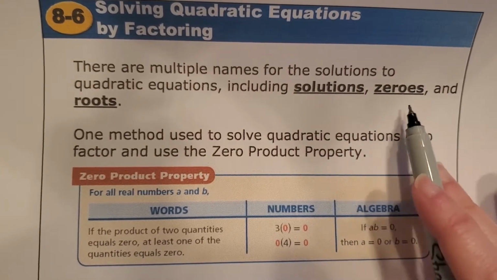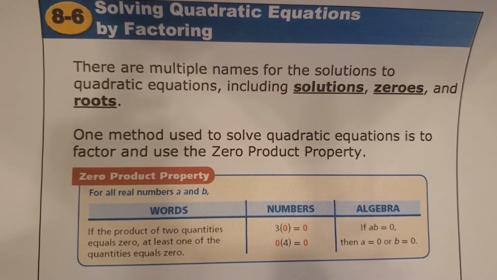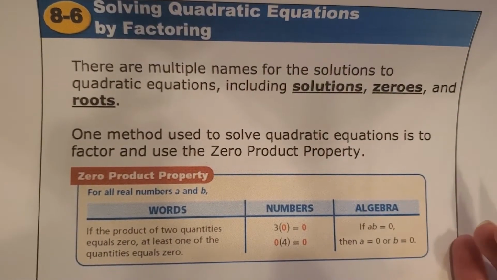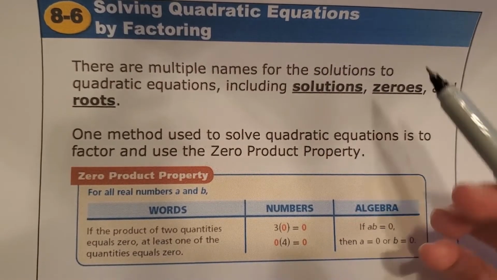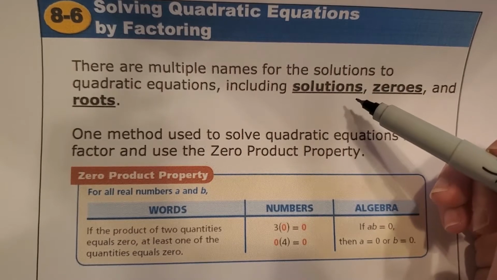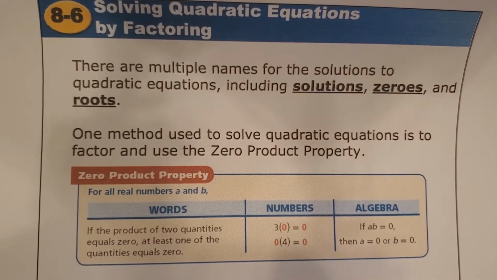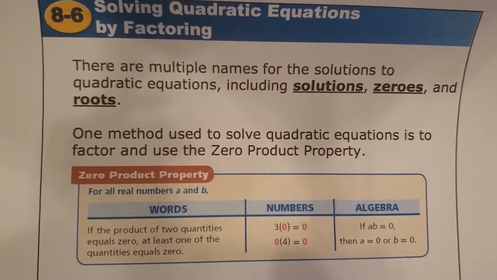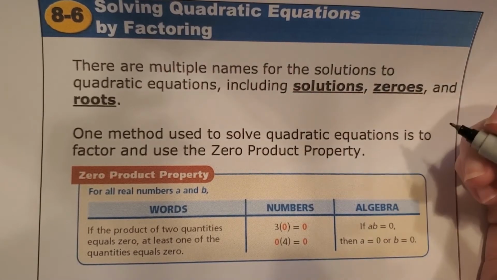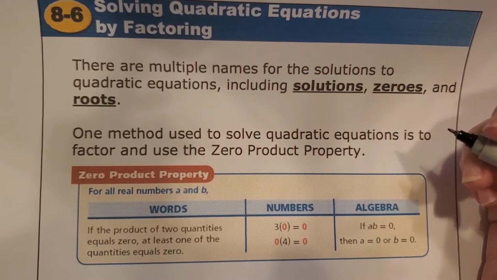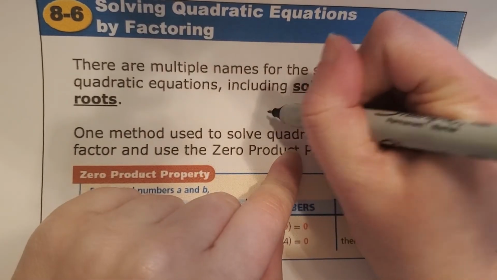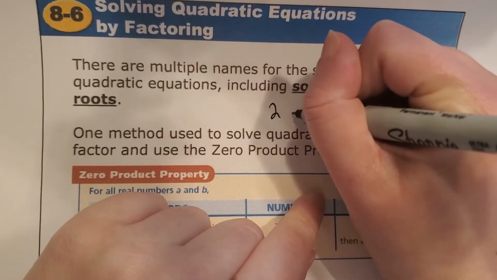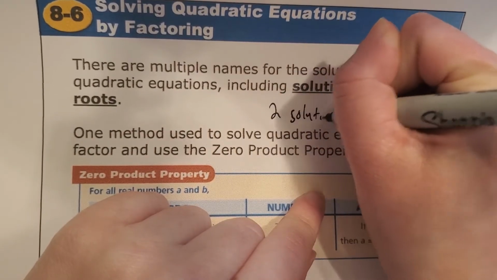All right, these other two are going to come into play more as we do other sections in chapter 8. But we should be familiar with the term solutions. How many solutions are there to an equation or something like that? The one thing I do want to say while I'm on that subject is because you're talking about quadratic equations and your biggest exponent is 2, you should expect, on average, 2 solutions